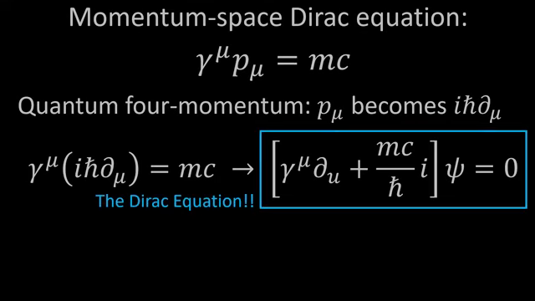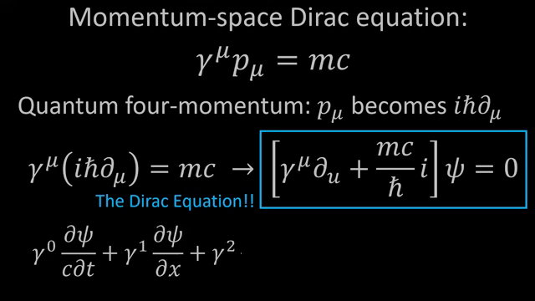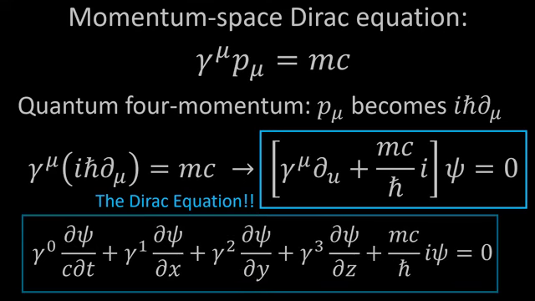There it is. You'll often see this written with the i and the ħ on the left side and the gamma terms. It doesn't matter. I know the Einstein summation convention can be a bit cryptic sometimes, but if we unpack that and write it all out in terms of the derivatives, we take the derivative of psi with respect to time, x, y, and z, and each of those terms is multiplied by the corresponding Dirac matrix, and then you add in mc over ħ times the imaginary unit times psi, and all of that balances out so that